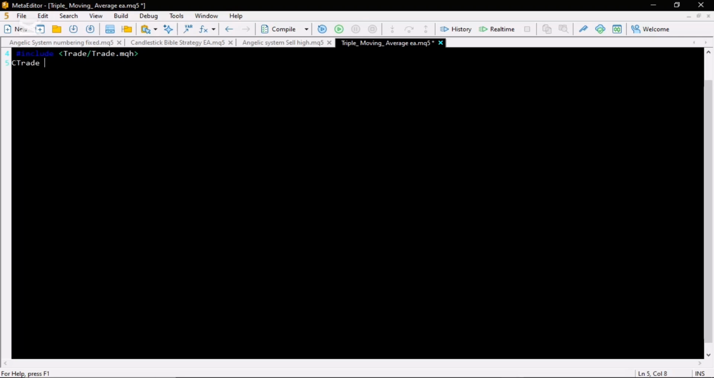Line 2, CTrade Trader. This line declares an object called Trader of type CTrade. CTrade is a class that provides a trading interface, allowing us to interact with the trading environment. By declaring a CTrade object called Trader, we're creating an instance of the CTrade class that we can use to perform trading operations, such as opening and closing positions, setting orders, and more. In essence, these two lines set up the foundation for our expert advisor to interact with the trading environment and